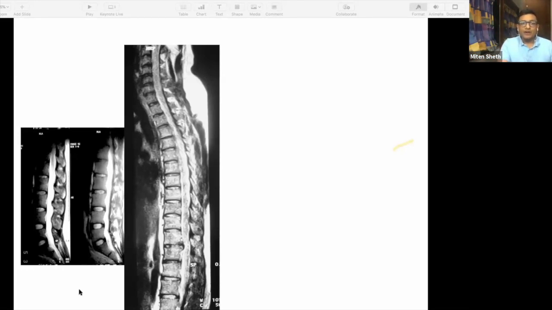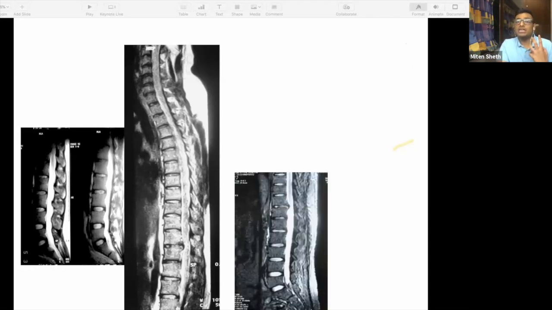But how do we differentiate this? So here is where your other images are going to help you, and that is the T1 weighted images and the STIR image. So this same patient, when I do a T2 weighted image, it is going to show this same thing. But a STIR image is basically a T1 weighted image where all the fat has also been taken out. So in STIR, whatever appears white is water.